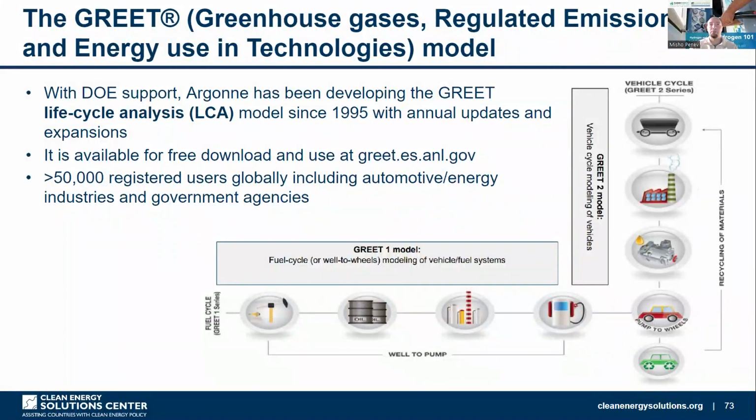Along the bottom, you'll see that the model keeps track of upstream, so well to pump emissions. It considers everything from the extraction point of conventional fuels or generation of electricity. It looks at all the emissions. It has US-based coefficients for what percentage of the natural gas, for example, may be leaking, or if you're having coal supply, what emissions are associated with upstream activities, such as the extraction and delivery of that coal for a